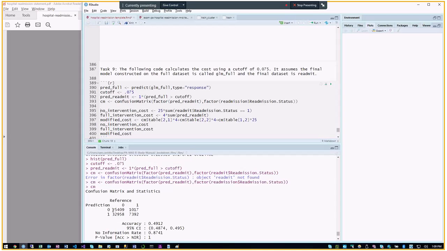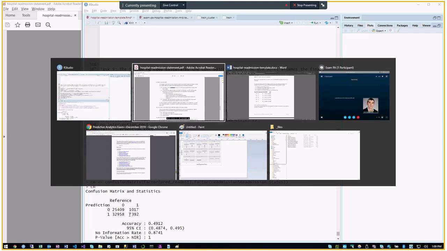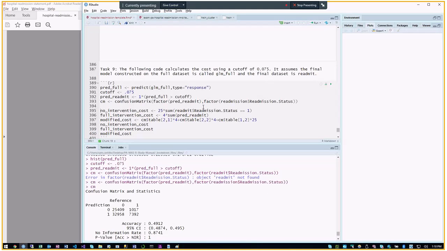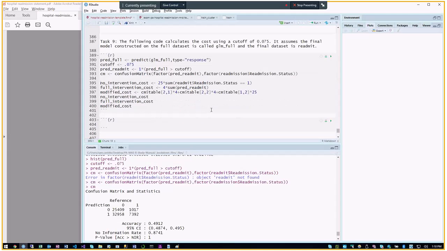So basically, we want to take this and apply a cost to each of these buckets. So if the patient slips through the cracks and we don't predict them to be readmitted, but they are, that incurs a cost of 25. In an intervention, if the patient receives readmission, they have a cost of 2 applied to them. So if you have no intervention,